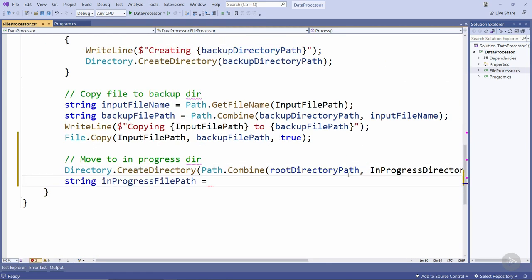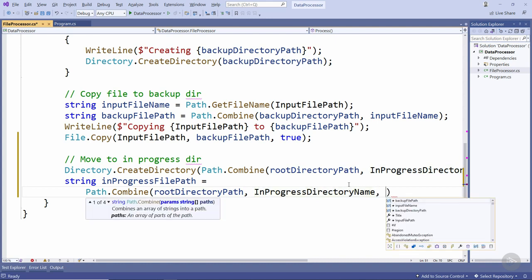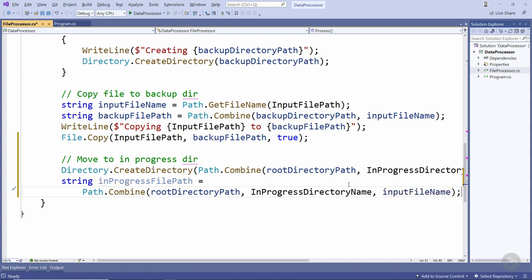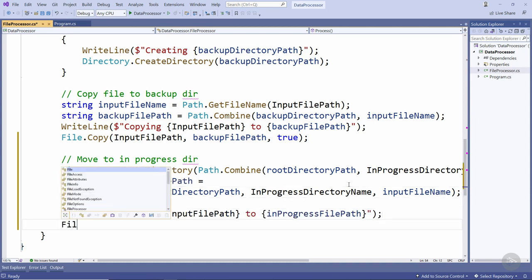What we want to do now is create the in-progress file path so we know where to move the file to. We will combine the root directory path with the in-progress directory name constant. And because the path.combine method allows us to specify multiple parts, we'll also specify the input file name. I hope by now you can appreciate how useful the path.combine method is. So we'll just output a message telling us we're moving the file,